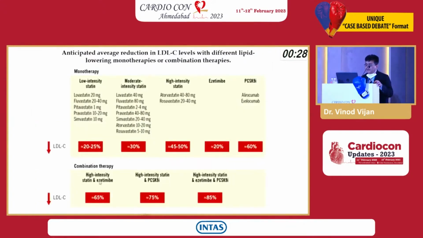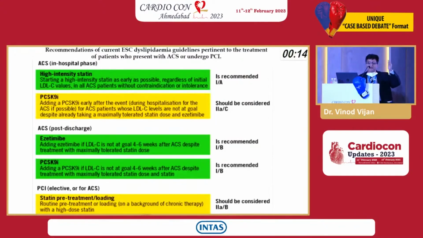And if you add a combination of statin and ezetimibe, this 50 plus 20 becomes 65. If you add a statin with PCSK9 it is 75, and then add ezetimibe. See, in all this, always a statin, next comes ezetimibe, and then third comes PCSK9. That is important. Even in the European guidelines in the acute phase, they always say start with maximum doses of statin, and then if the levels are not controlled, add even in the acute phase ezetimibe, PCSK9,